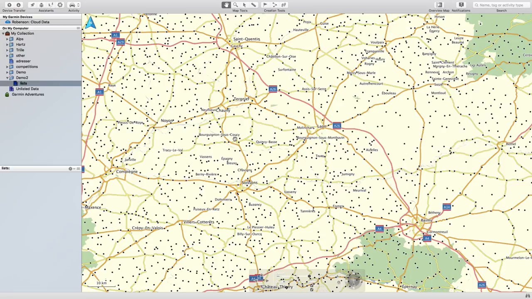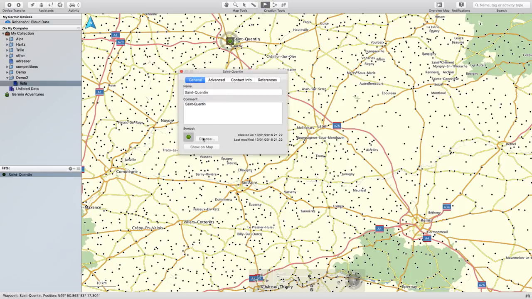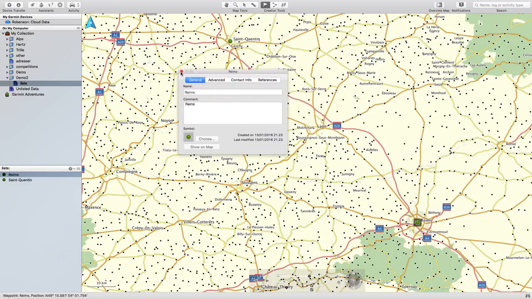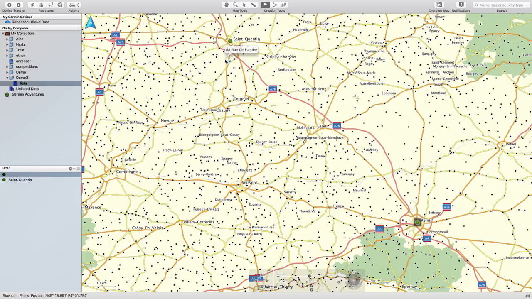Today I would like to talk a little bit about activity profiles. This is basically the way that Garmin Basecamp calculates the route it's going to take from point A to point B. So we're going to start with just putting in 2 waypoints, and I've chosen somewhere in France, Reims to St. Quentin. And here you can see your default activity is always set to driving,